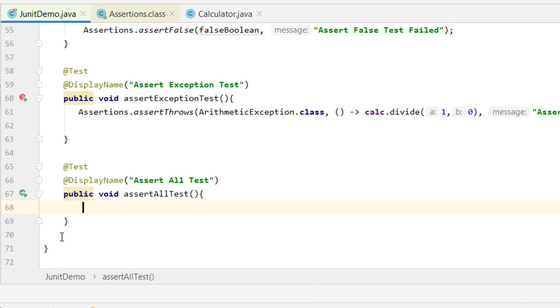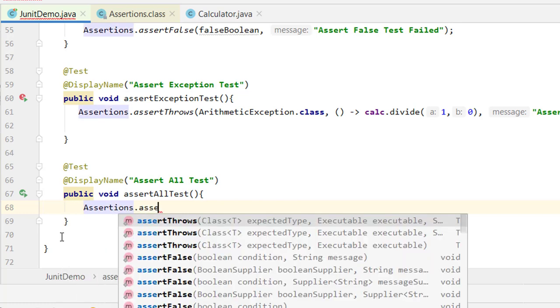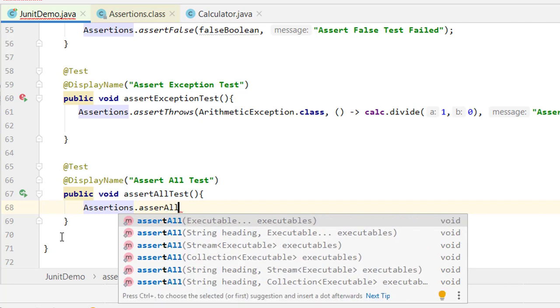What assertAll does, let us see: Assertions.assertAll. It takes executables as arguments. We can provide lambda functions here, and on the basis of it we can do multiple tests in this assertAll.